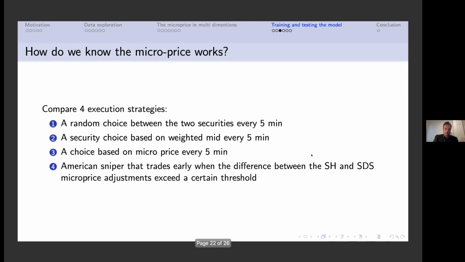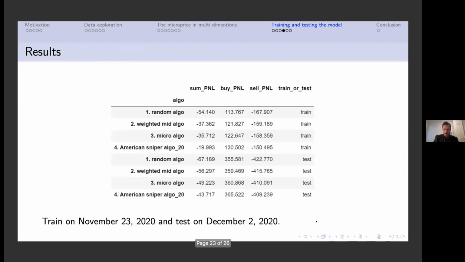So those are my experiments, and since I'm running out of time, I'm just going to indicate that I've run these four algorithms in sample and out of sample, training on November 23rd and testing on December 2nd. I'm doing this for a buy algorithm and a sell algorithm, and then taking the average of the two in order to get rid of the drift that adds a lot of noise here. And as you can see, progressively these algorithms have less and less transaction costs. All these numbers are negative, but